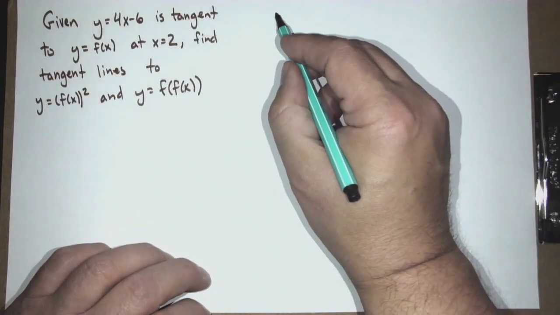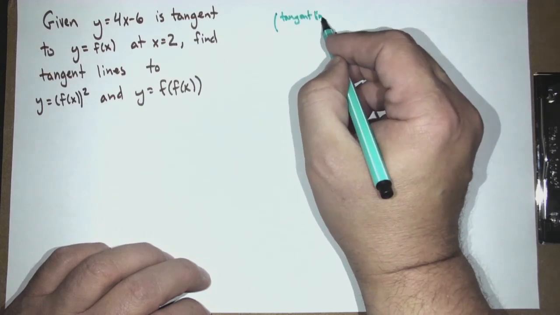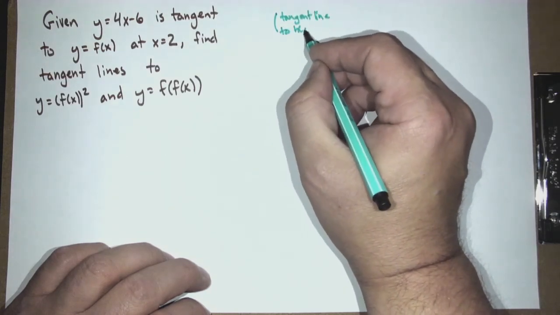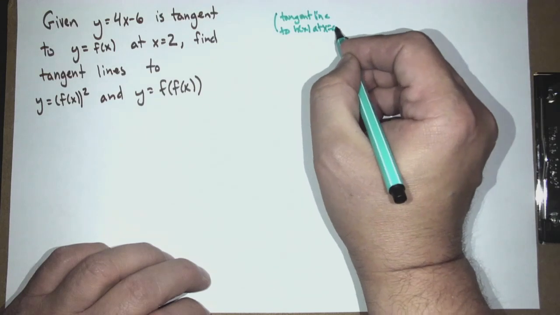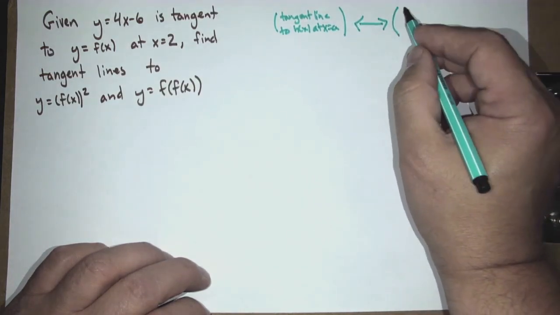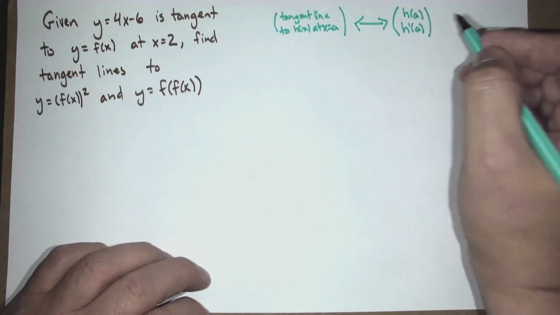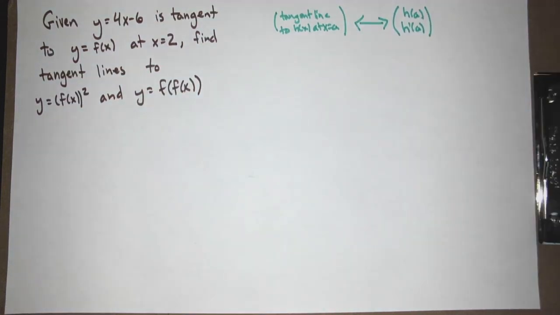Now the first thing before we get too far here is to remember that when we talk about a tangent line, and I'll say to h of x at x equals a, I just want to be very generic here. What I'm really saying is I know two things. I have two pieces of information. Namely, what is the value of the function at a? What's the value of the derivative at a? So having a tangent line is just as good as having those two pieces of information. Having those two pieces of information is just as good as having a tangent line.